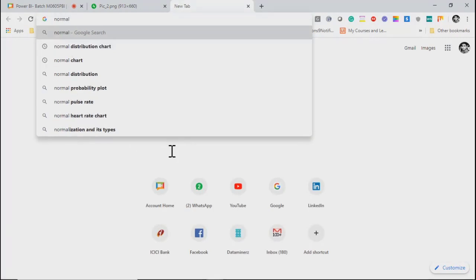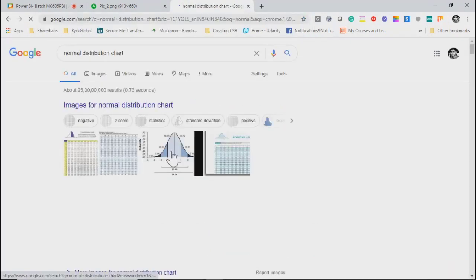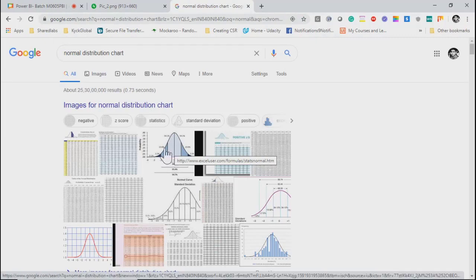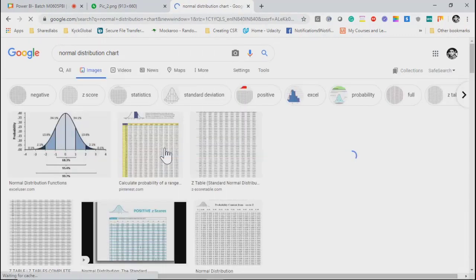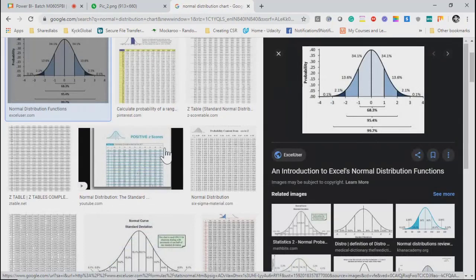But the normal distribution chart, right? Just look at this particular distribution. So what happens over here, if you see, this is your central point, which divides this complete distribution into two 50% halves.